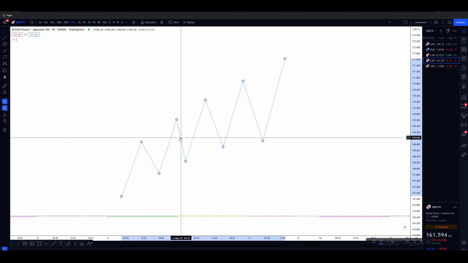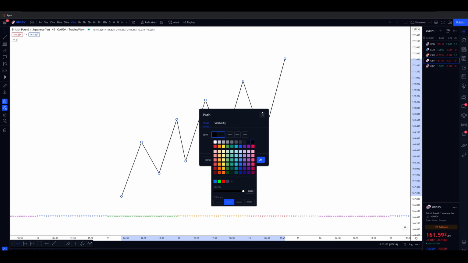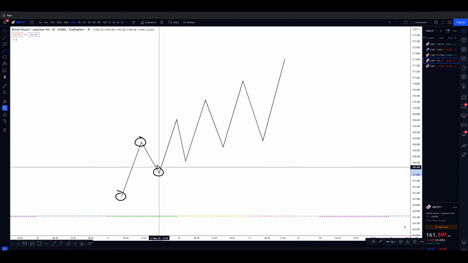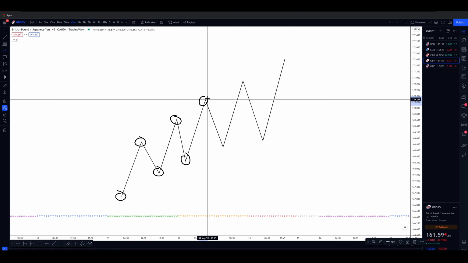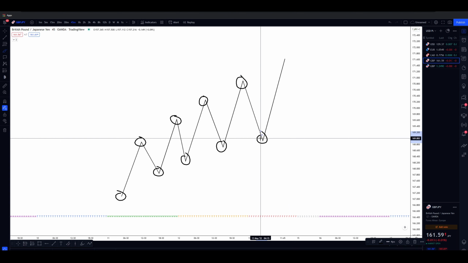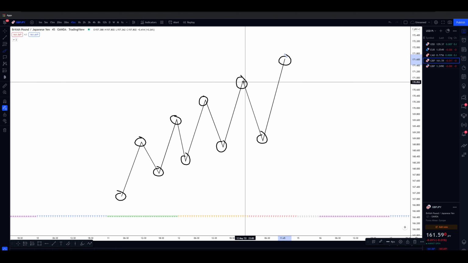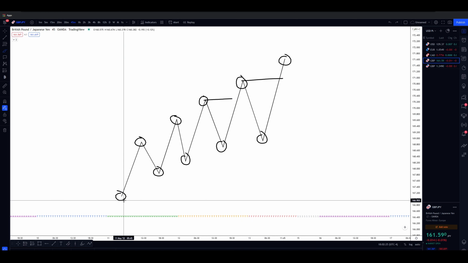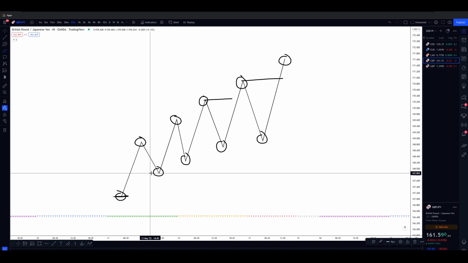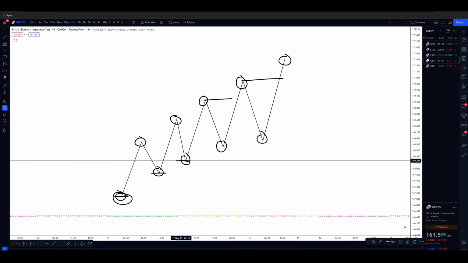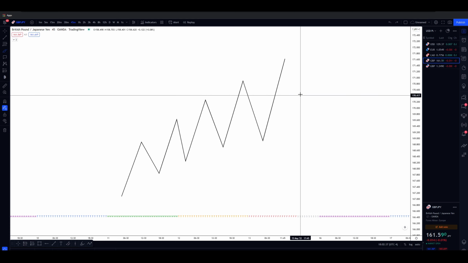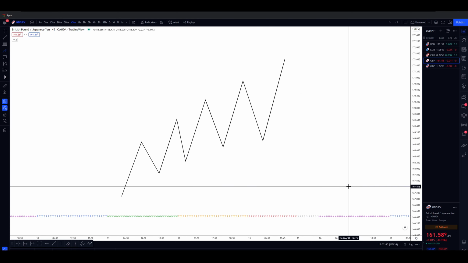Now, to give a quick rundown over market structure, I'll go over this really quickly. In an uptrend, we have a low, we have a high, and then there's going to be higher highs and higher lows. What this basically means is the market is going to consecutively print higher highs that are higher than the previous high, as right over here, and we're going to create higher lows which are higher than the previous lows. So for example, you have one low here and then we create another low which is higher than the previous low, and then we create another low which is higher than that previous low. And then it's the vice versa with a downtrend. The market will create lower lows and lower highs, and every low is going to be lower than the previous low, and every lower high is going to be lower than the previous lower high.